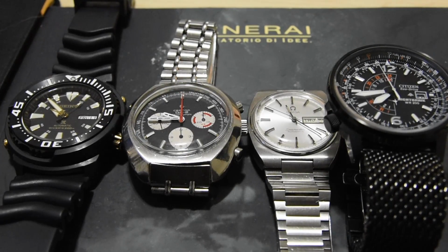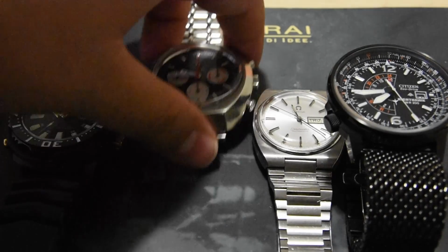And often, sports watches are called tool watches. Now, that's a very interesting term. So, what is a tool watch? Well, the cool thing about these watches is they were actually designed out of necessity, okay? So someone in the past had a very specific job or skill set, and they needed a watch to be able to go with them and do the things that they need to do. For instance,